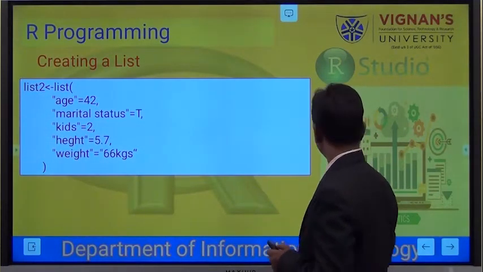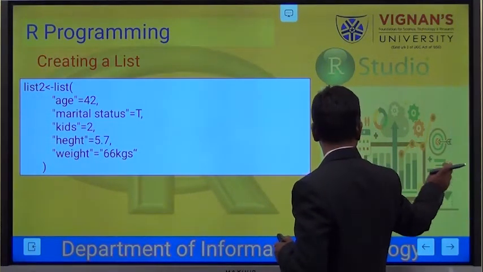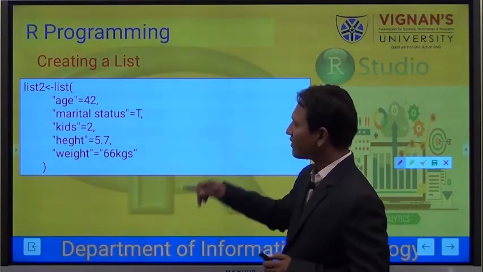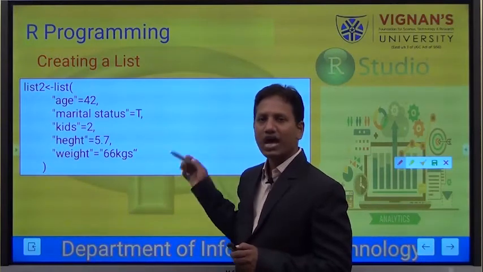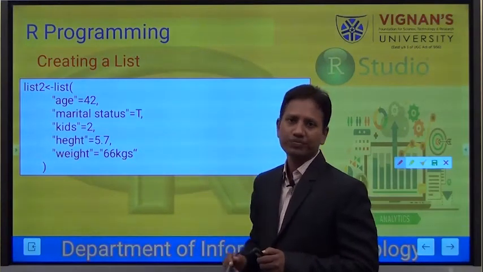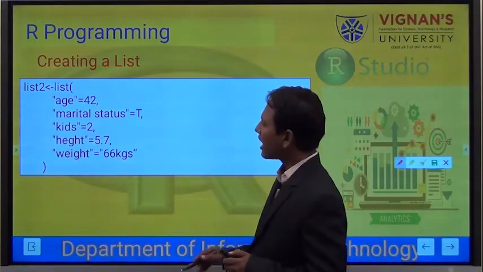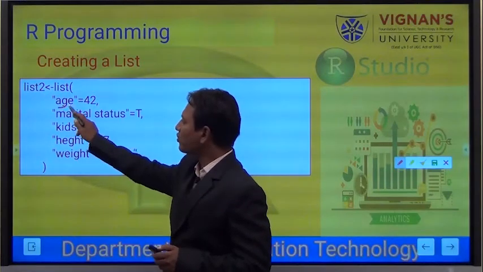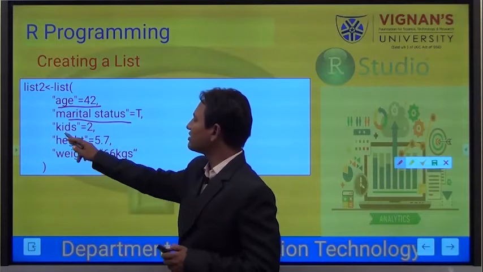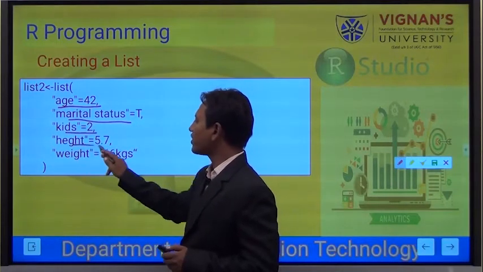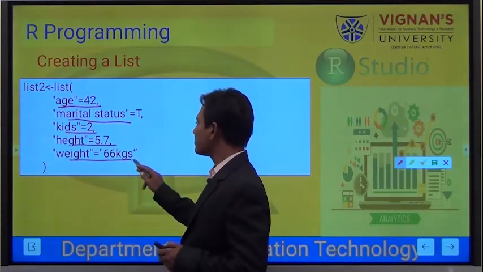See this. Here what we have done, with the numbers we have given the names also. So here I have given age equal to 42, marital status is true, kids equal to 2, height 5.7, weight is 66 kgs.